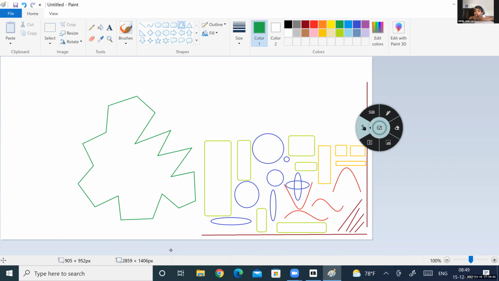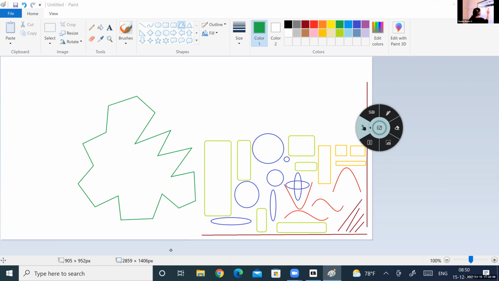Okay. Let me ask you, with the polygon tool, can we draw a four-sided figure? Yes, I can draw four. We can draw a rectangle. We can draw a square also. But the correct angles might not always be right if we use it.